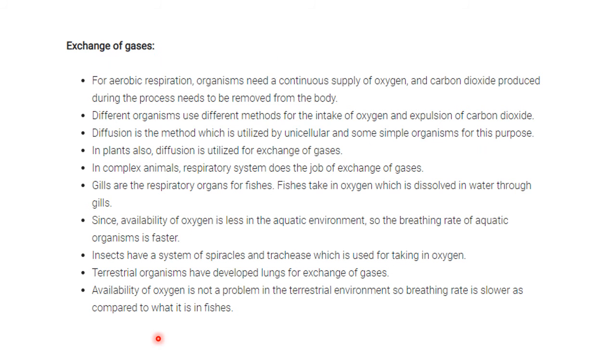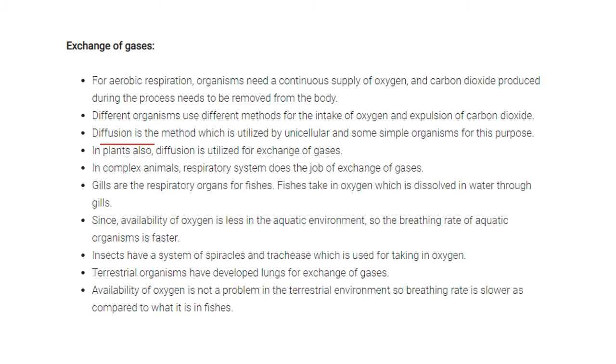So let's talk about the exchange of gases. How does it happen? For aerobic respiration, what happens? Organisms need a continuous supply of oxygen, and carbon dioxide, which is produced during the process, needs to be removed from the body. Different organisms have different methods of taking in oxygen and giving out the carbon dioxide. For example,